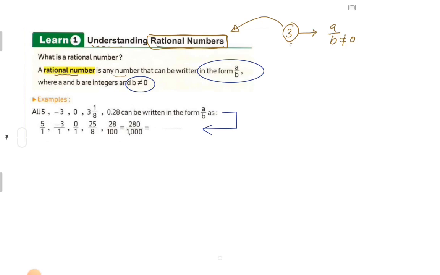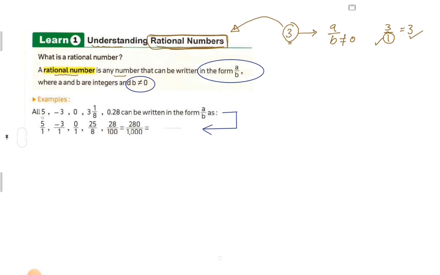I can write 3 as 3 over 1, right? 3 over 1 equals 3. So 3 can be written as 3 over 1 as a over b and the denominator not equal to 0. So I can say that 3 is a rational number. Okay. We have some examples